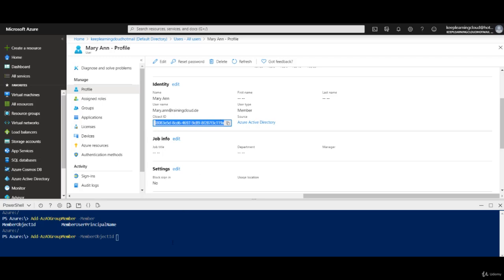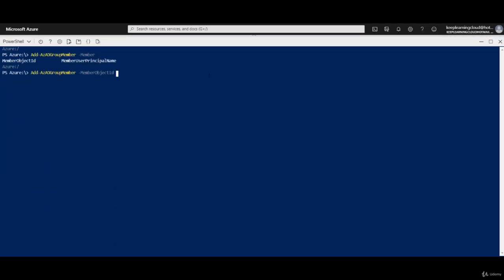So I've got to copy and paste this right here. Now you may be thinking, is there a way I can get the object ID programmatically using PowerShell? Well, yes, let's go do that actually. So I'm going to do a Control C here and then get the attributes of Marianne. Just say Get-AzureADUser and then do a tab completion, and then I'm going to type -UserPrincipalName, and the user principal name of Mary Ann is mary.ann at